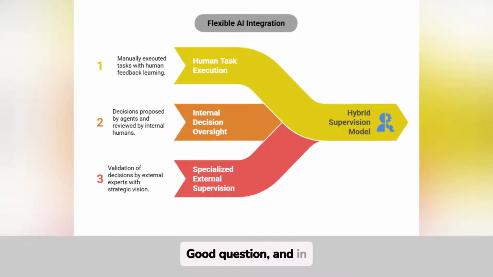Good question, and in fact, it's something that many companies consider at the outset. There is a common perception that artificial intelligence means ceding control, but that doesn't have to be the case. That's why there is the hybrid model, a middle ground option that combines the best of automation with human oversight so that the system adapts to the pace, style, and culture of your organization.